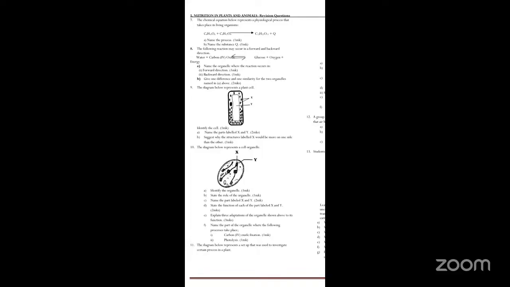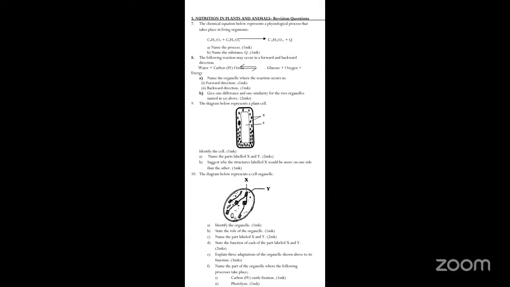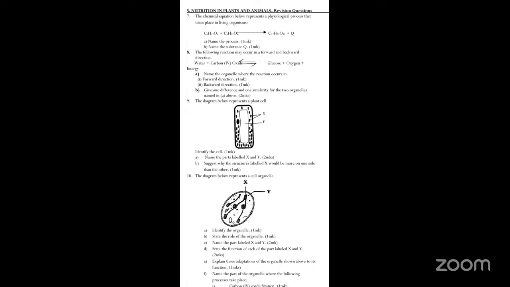Good. Question 7. We are looking at question 7. The chemical equation below represents a physiological process that takes place in living organisms. Now let us break down the question together. If you look carefully here, you will see we have number 1,